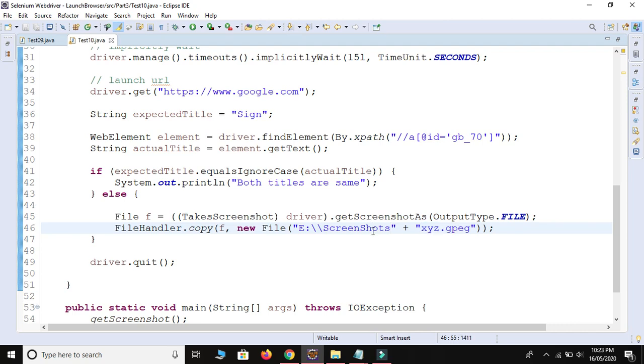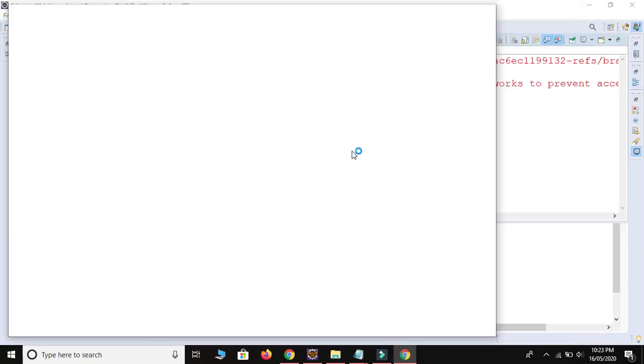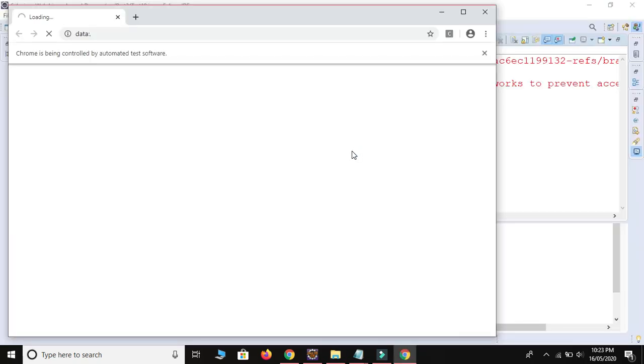Let me save and let me run. As of now I don't have any screenshot. Let me refresh this one. See guys, I am not able to see any image because as of now I don't have any image. But after the execution it will take the screenshot and store inside the E drive.